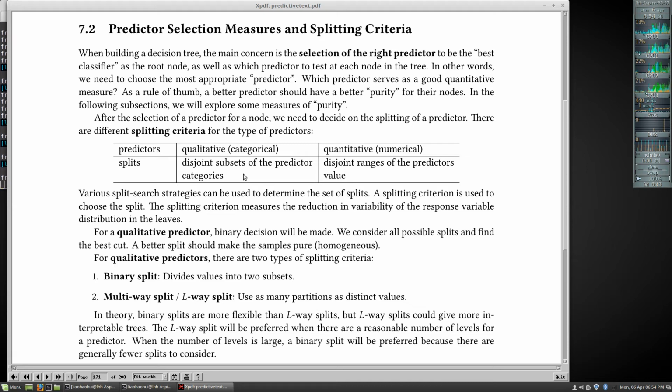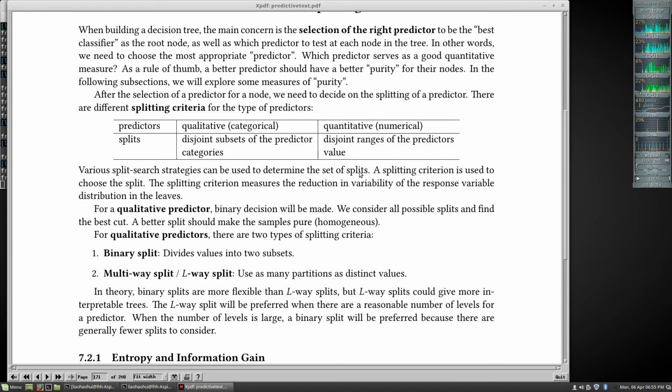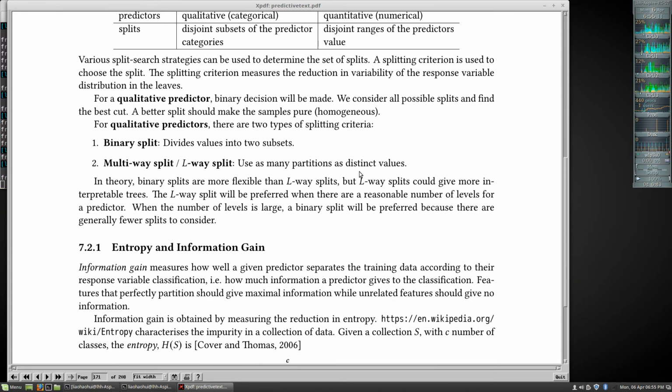Meaning if you have A, B, we just put two A's together, two B's together. If it's quantitative or numerical, then we can't do that, right? Then we need to start to set up the range. That's what you can see here, set up the range. So depending on the